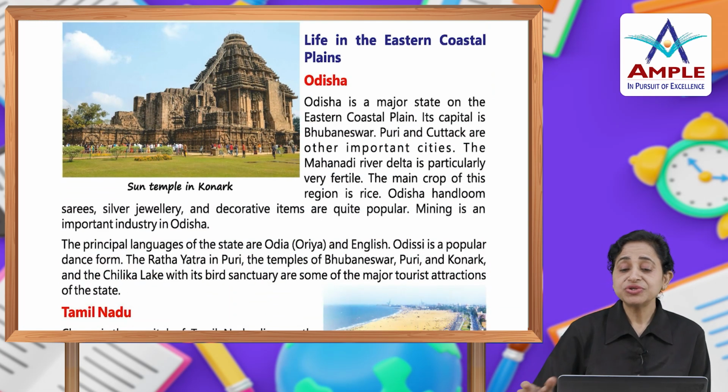Life in the eastern coastal plains, Odisha. Odisha is a major state on the eastern coastal plain. Its capital is Bhubaneswar. Puri and Cuttack are the other important cities. The Mahanadi river delta is particularly very fertile. The main crop of this region is rice. Odisha handloom sarees,